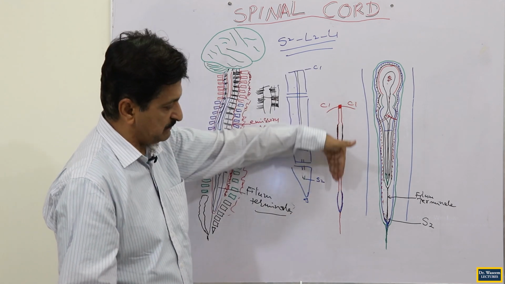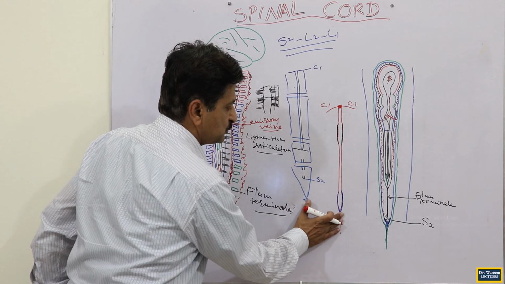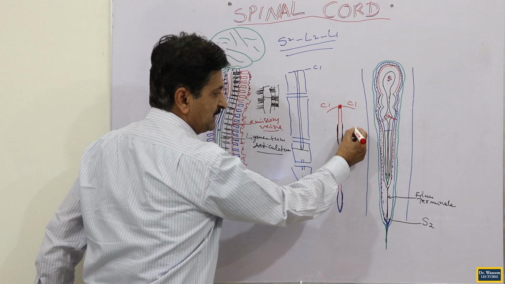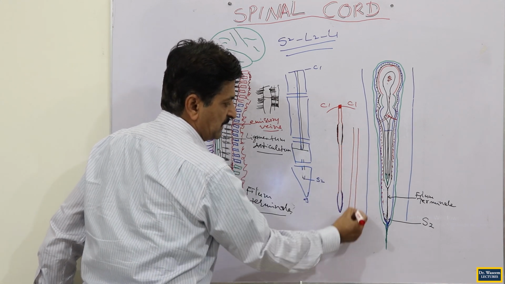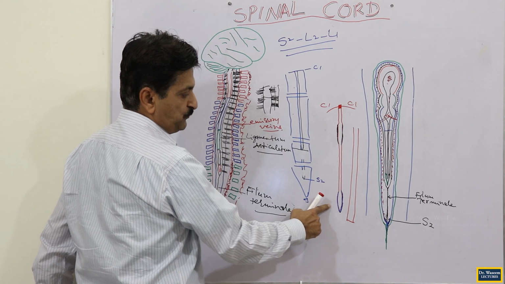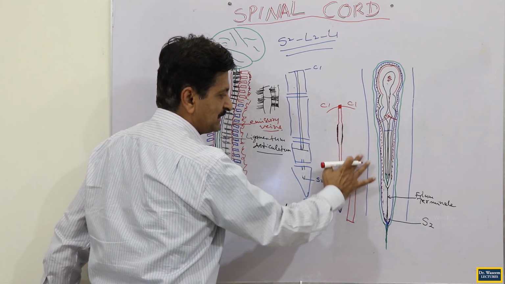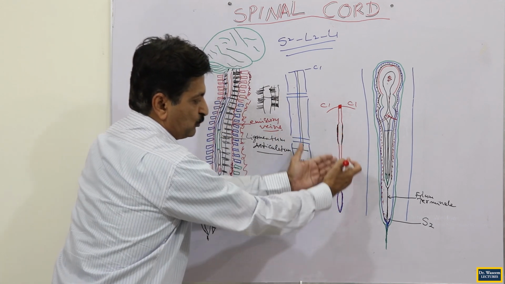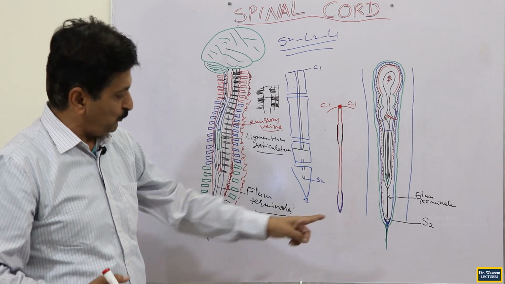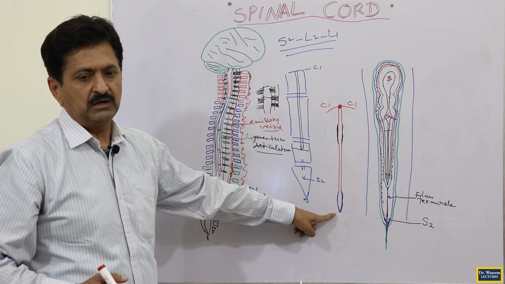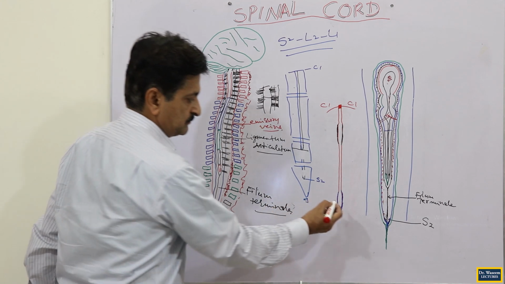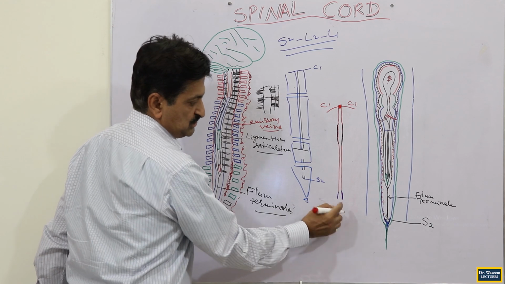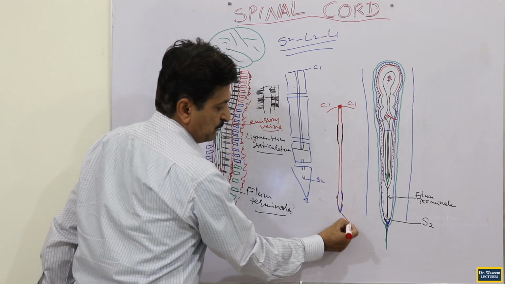When you bring the spinal cord out here, you see it will not abruptly finish at the L1 level. It will not finish like this. It terminates by getting narrower progressively, slowly and gradually. You see, it is tapering now. The lower tapering end of a spinal cord is called the conus medullaris. You see, it is cone like. So this lower end is called the cone, the conus medullaris.